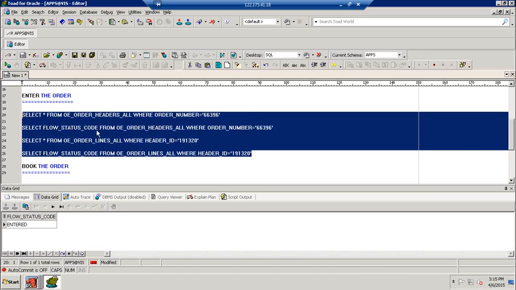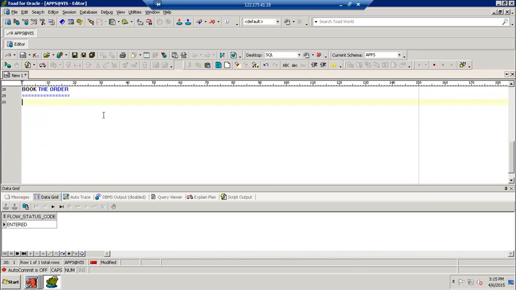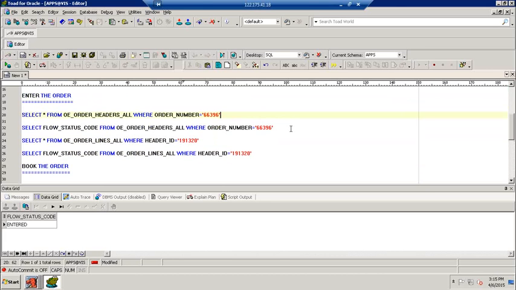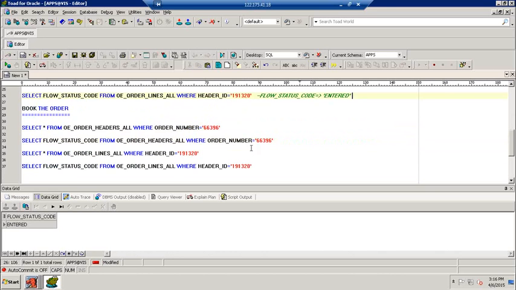So here I want to copy these tables and paste them. What happened? The flow status code at the order level, means at the entered order level, is entered. Okay, at the time of entered. Next, at the time of book,